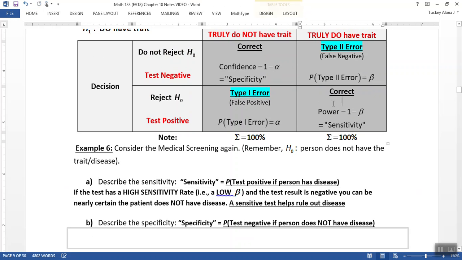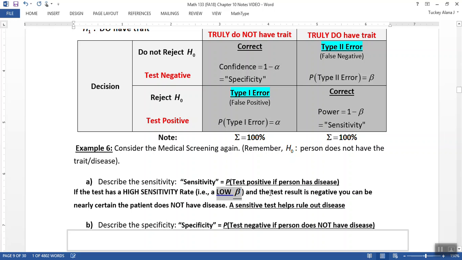If you have a test that has high sensitivity, the people that truly do have the disease are going to test positive, which is a good thing in medicine. Actually, in medicine, most tests are usually highly sensitive. What that means is that your beta will have to be very, very low. So if you have a high sensitivity, your beta will be low because they're complements of each other. So a very, very low beta means that,